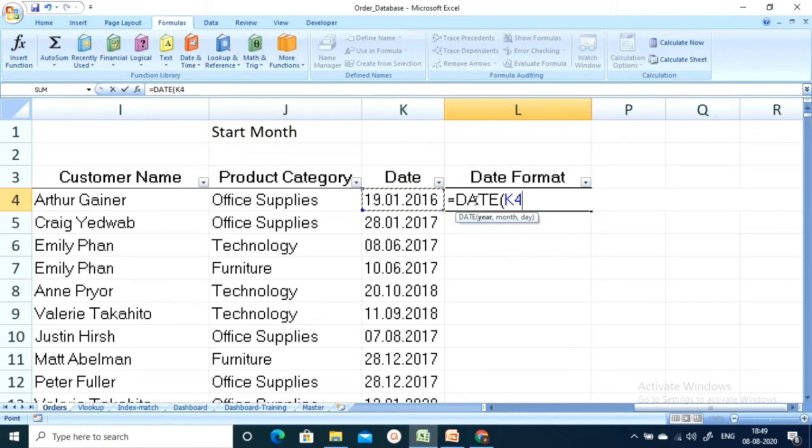So here I'm going to apply the formula RIGHT, comma, here I want to get 4 characters, so the number of characters is 4.